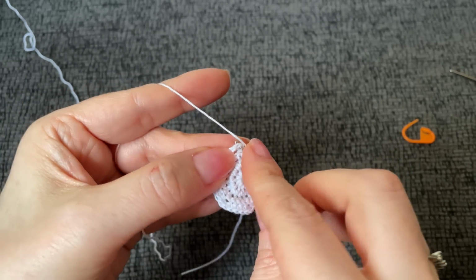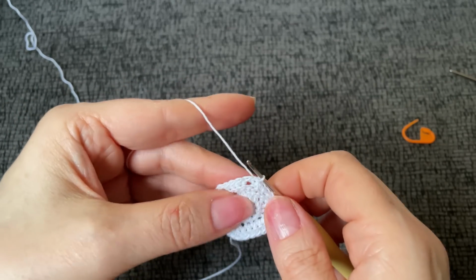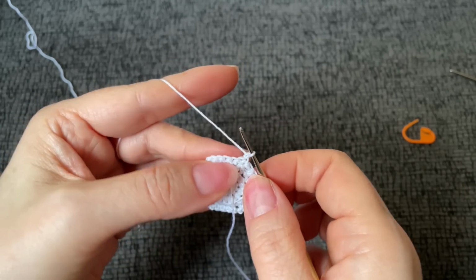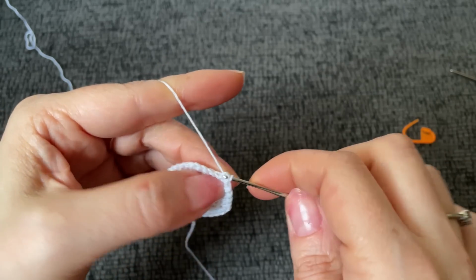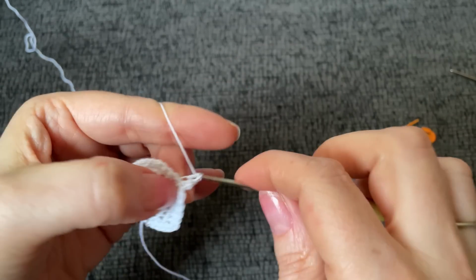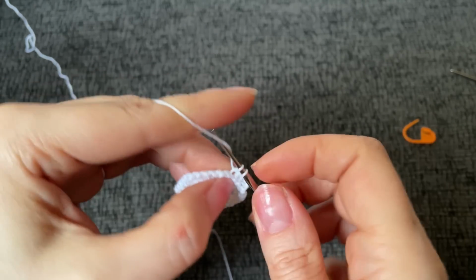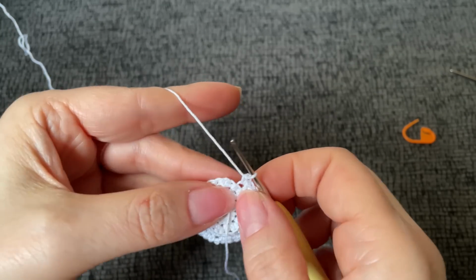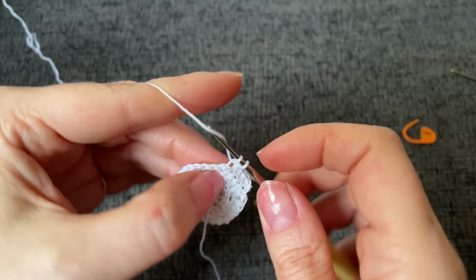Now we're going to turn and repeat all of this. Chain 1, turn. Since we ended with just a single crochet, we will start with just a single crochet this time around. So 1, 2, 3, 4, and there's our increase. Right here is our increase. So let's work 2 into the first stitch. 1